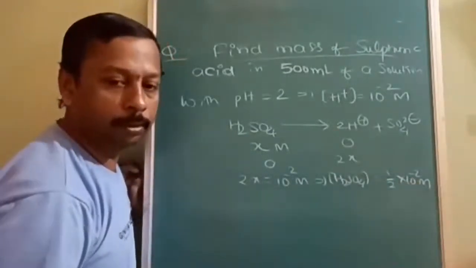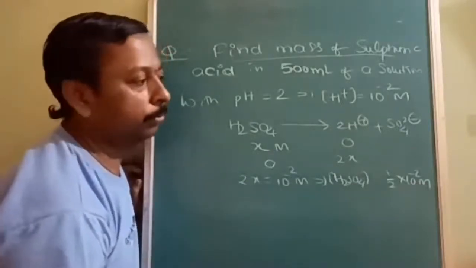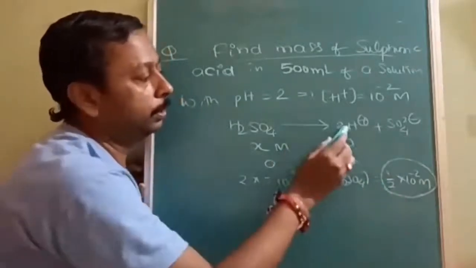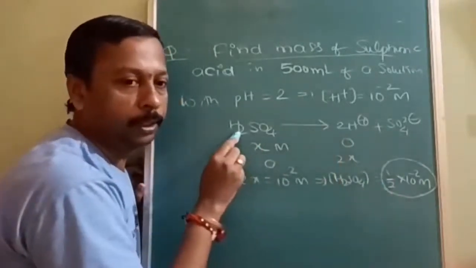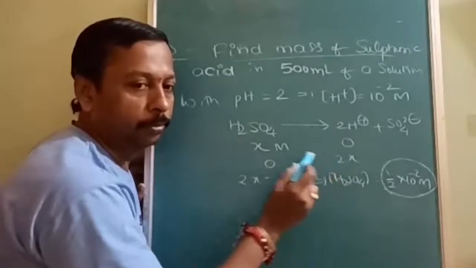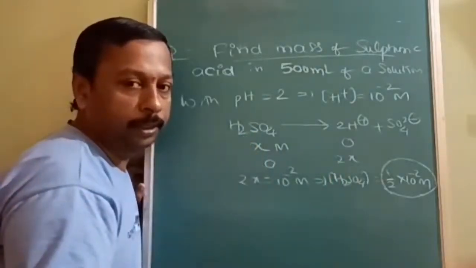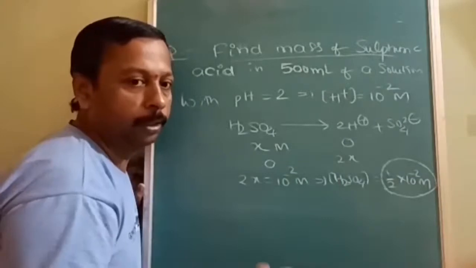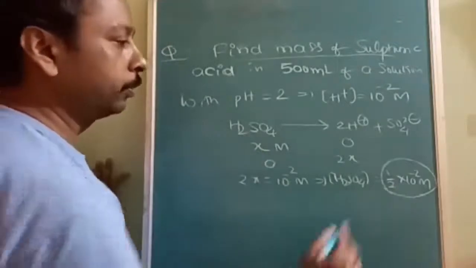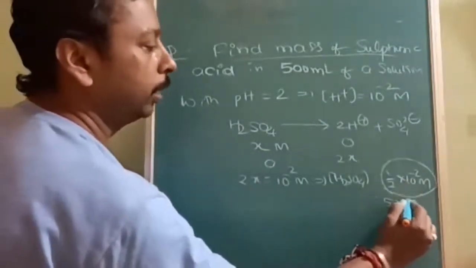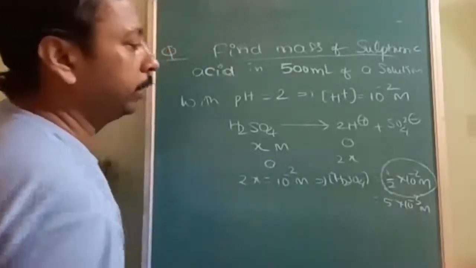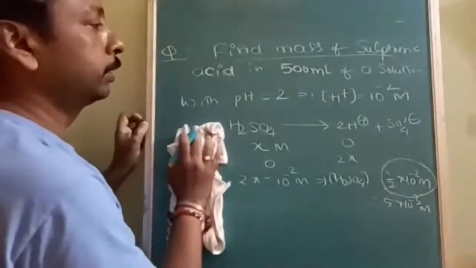Is this understood? Okay, don't worry. I will tell you. Just wait. Okay, is it understood? Why is it 1 by 2? Concentration of H plus is twice the concentration of sulfuric acid. That's why this is 2 multiplied. Okay. So actual concentration will be half of the initial one. Actual concentration is going to be half of the initial one. Okay. So now I will write it here. So up to here we can write 5 into 10 to the power of minus 3 molarity. Okay. So up to here it is clear.